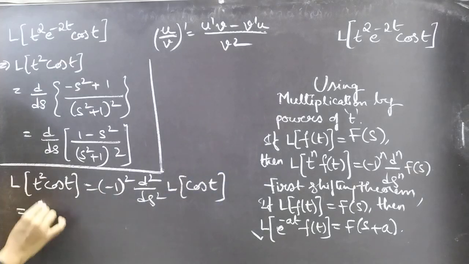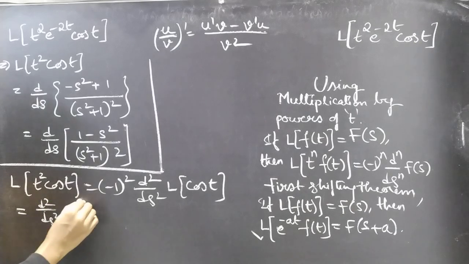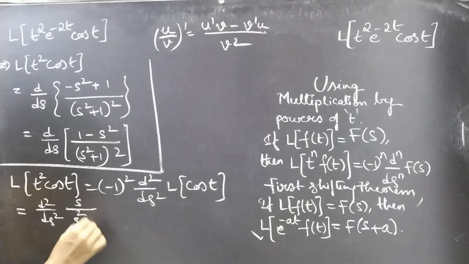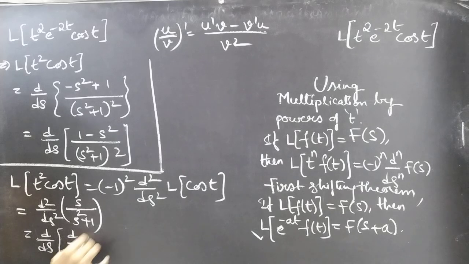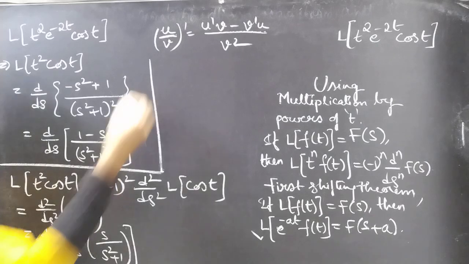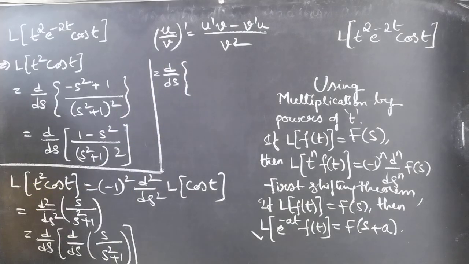Minus 1 whole square is 1 into d square by ds square. L of cos t is s by s square plus 1, right? And we can write this as d by ds of s by s square plus 1, right? We can write this as d by ds of, now we can apply the u by v whole dash formula. U dash